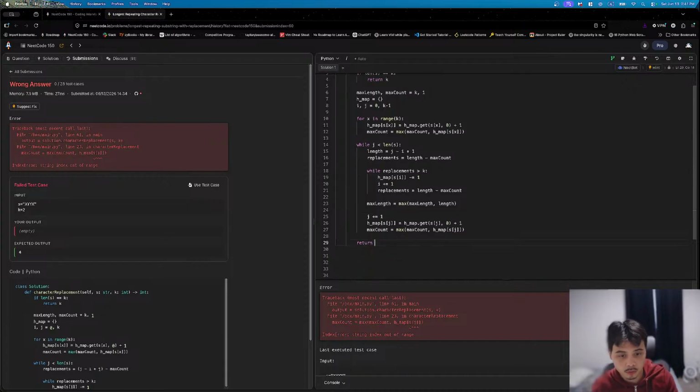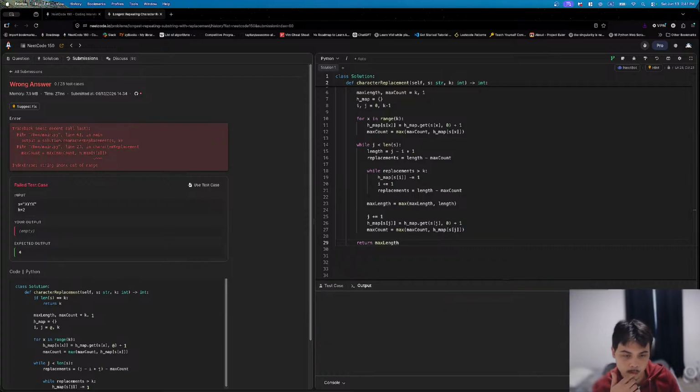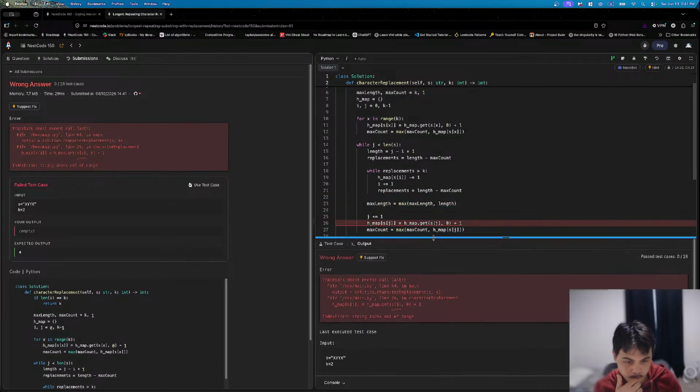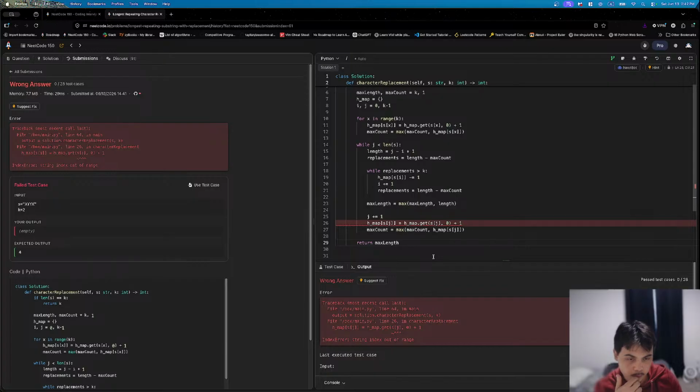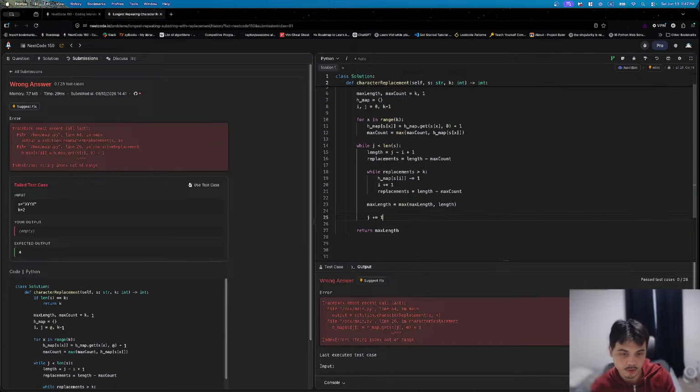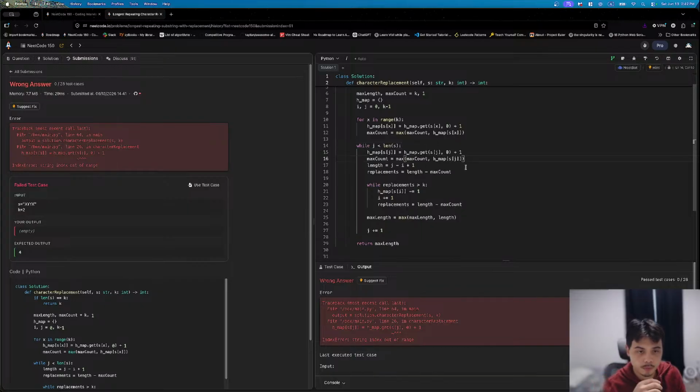Return max length. What? I can place this at the beginning, right? Like here. So